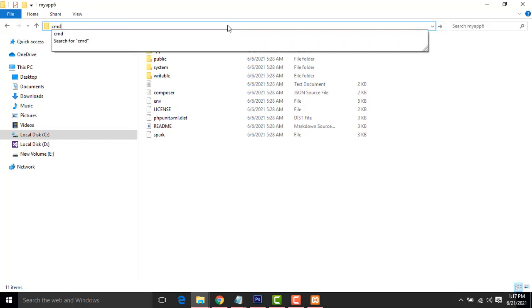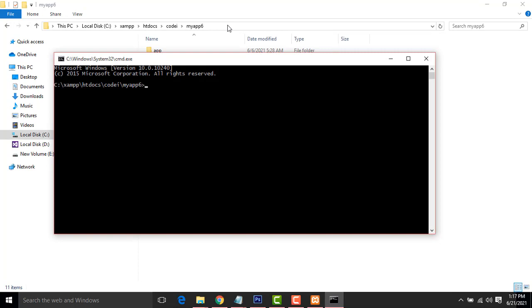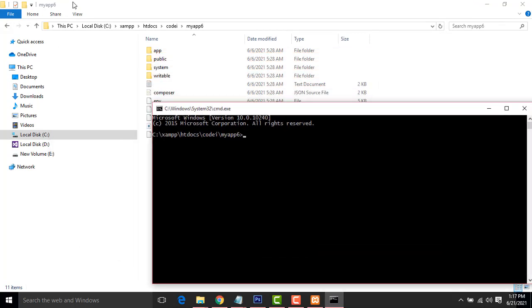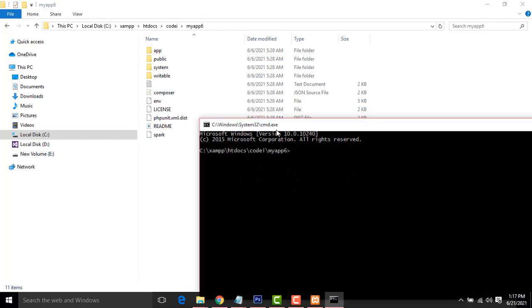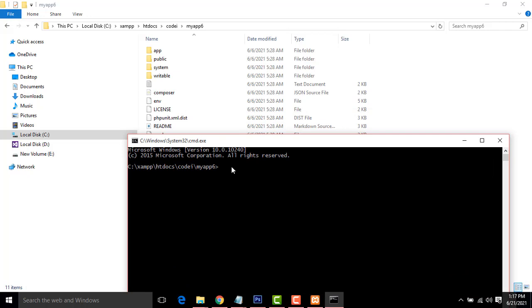Here type CMD. Now you are residing where? Inside the CMD. Okay, you type here CMD. Okay, you can get this command from here. Now here I am going to run the file. So what I am going to do here is type code space dot, press enter key. Now your project is opened in the VS Code editor.